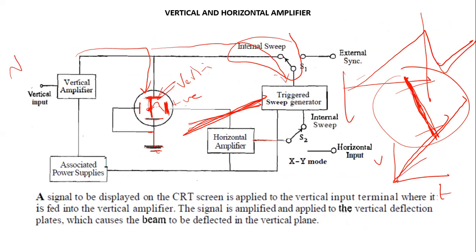Whatever signal we are using in a CRO, we have an option of having internal sweep as well as external sync. External sync is when you are giving a certain external voltage to the sweep generator. This external voltage will be used to sweep your signal along the horizontal direction so that it can trace a kind of waveform. Instead of moving vertically and downwards, it can trace this kind of waveform. So this kind of external